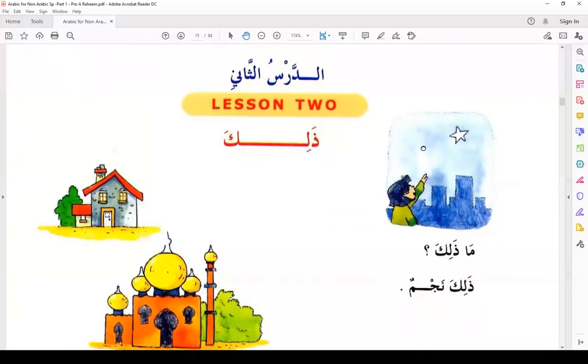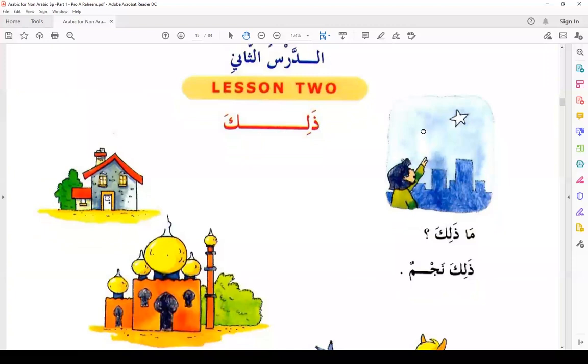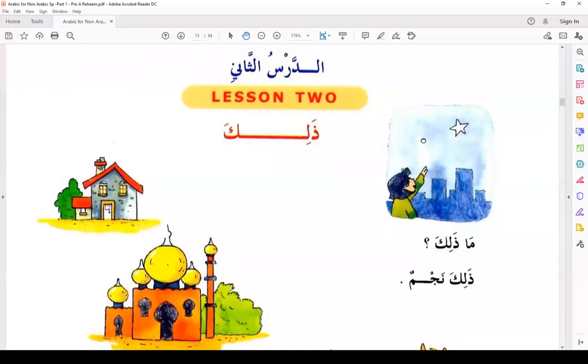So now we are moving on to the second lesson. I'll spend about 10 minutes or so with this lesson, and then we'll move on to some grammar itself. So this here is ad-darsu thani. The word dars in Arabic means lesson. Athani means the second. So the second lesson. Yeah, this translates as lesson 2, but it's like an adjective noun construction where you're describing it. So you will say the second lesson.